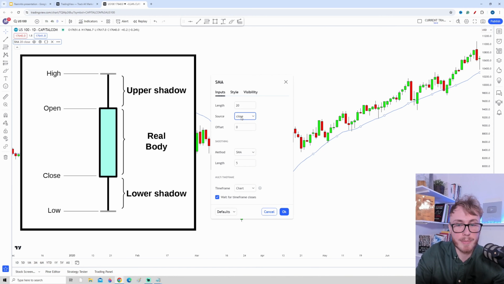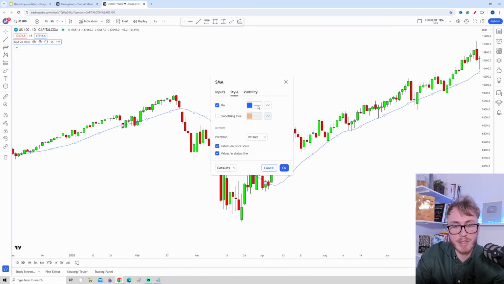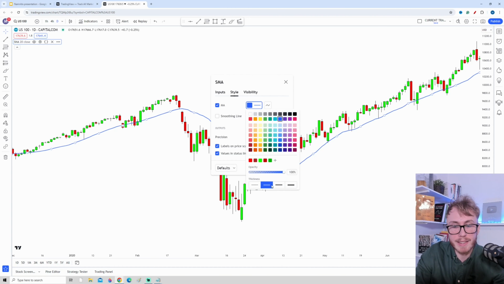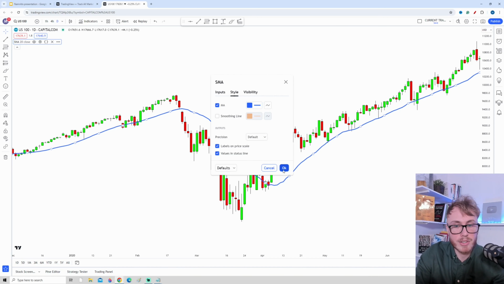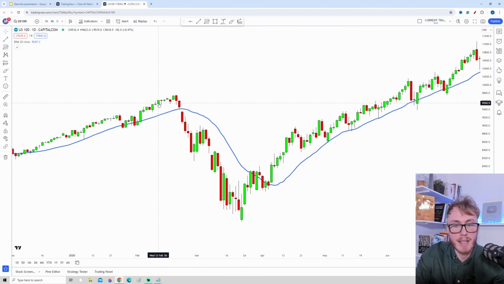closing prices here. And what I also like to do here is to go to the style tab, because the normal line is so sort of tiny. So I like to increase the thickness a bit here. I can actually increase it by a lot in this case, so you guys clearly can see. So now we have a 20-day moving average here on the chart, but let's say that we want to have